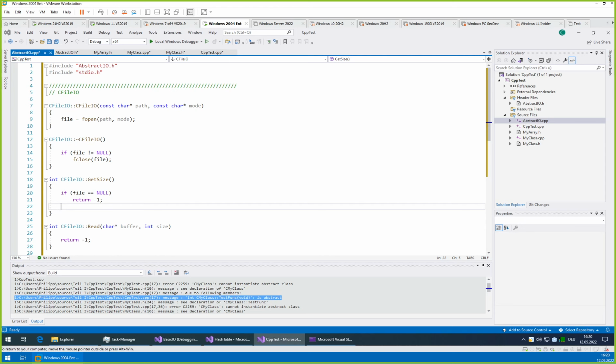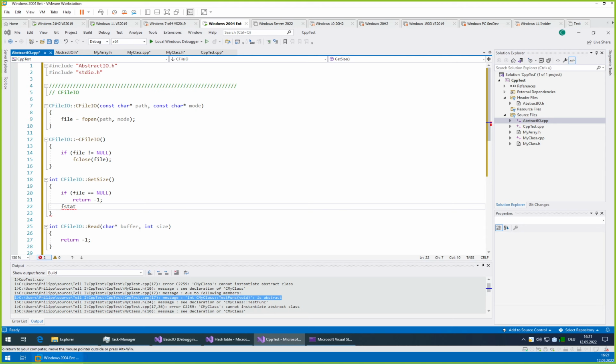What was that? fstat? I think it was fstat. Okay, I don't remember what was the explicit one. There is a get file size command in the Windows API, but we want to get the file size just using the standard library. And there was another function for that. I just don't remember what it was called, since I haven't used that one for a long time.